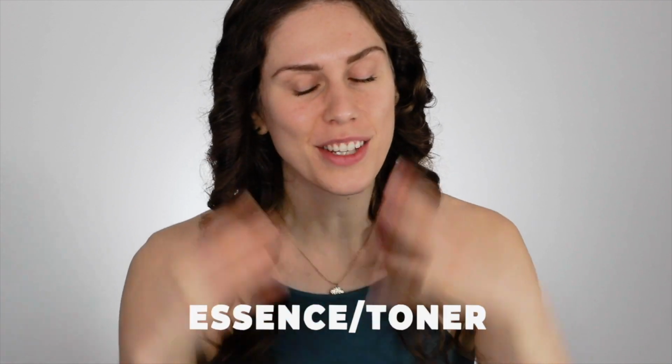And then we get into the essence and toners, and can you guess who would be the personified version of an essence and toner best? If you don't know the answer to this already, like, do you even watch skincare YouTube? And let's pause for a moment for those who are a little bit behind and need to think,